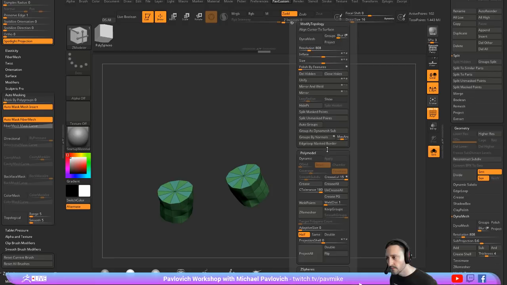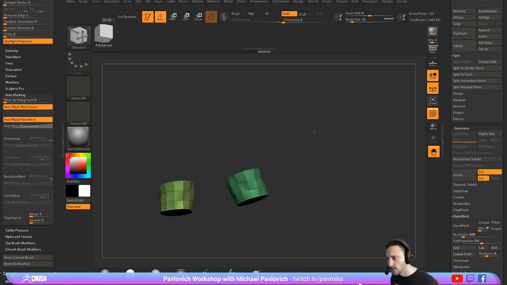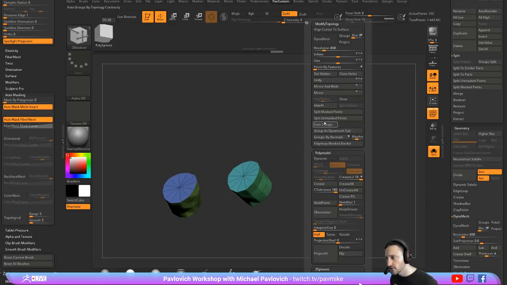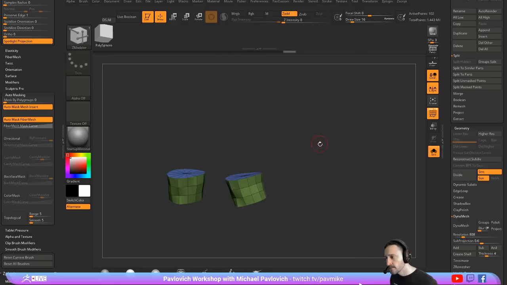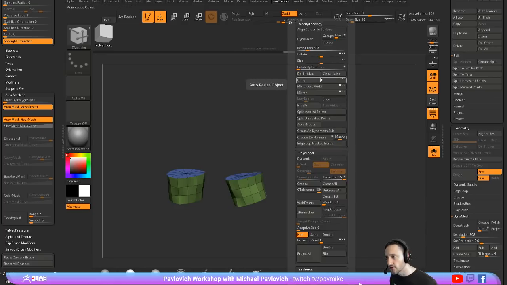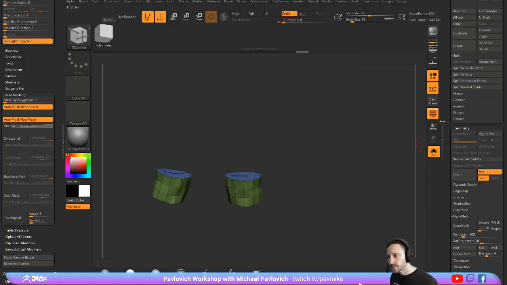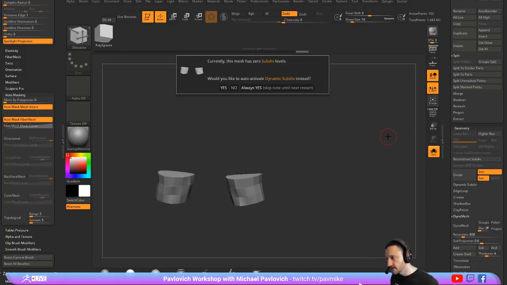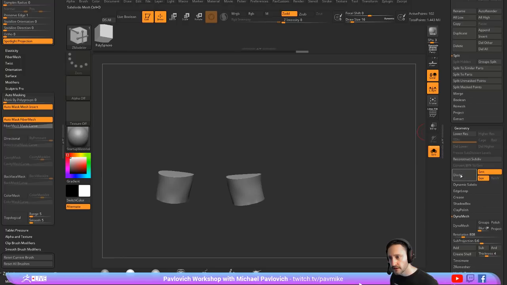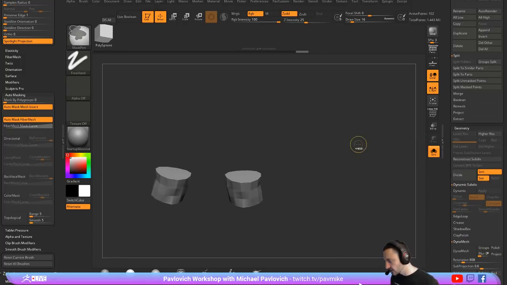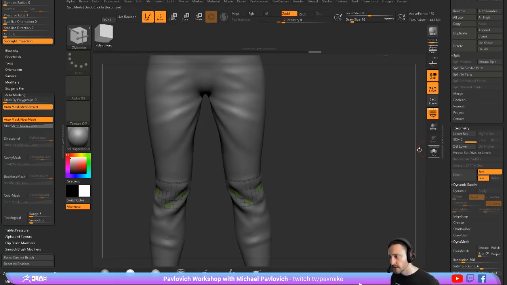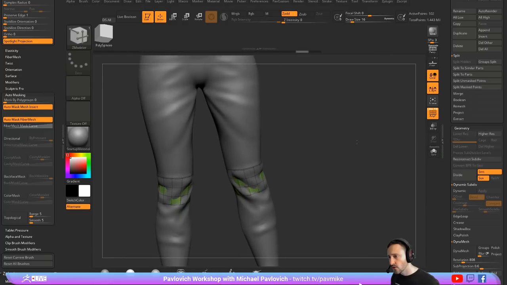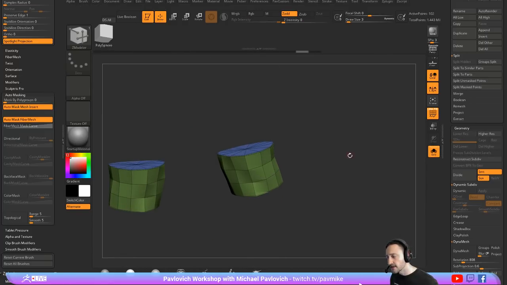Let's go to polygroups, group by normals, and then again it's not mirrored, so geometry, modify topology, mirror and weld, and then we'll do another under our geometry crease menu, crease PG, and now we can hit D for dynamic subdivisions, and that turns on our dynamic. We'll get more into this in the hard surface stuff, but if you want to, you can hit Control D and start sculpting on this, or even better, since it is going to be kind of like maybe a ribbed